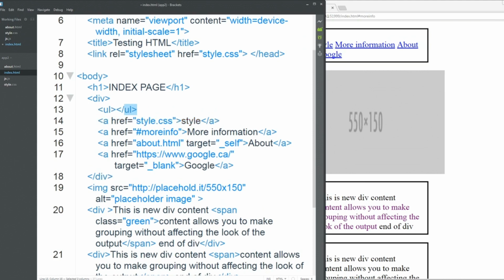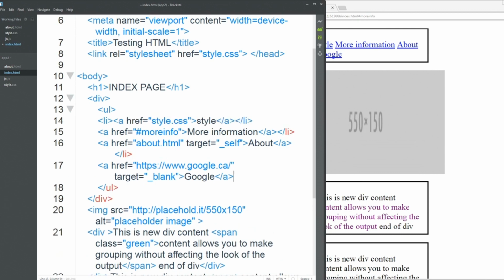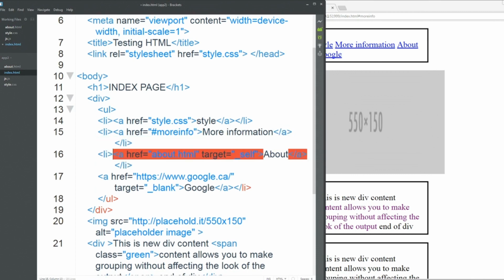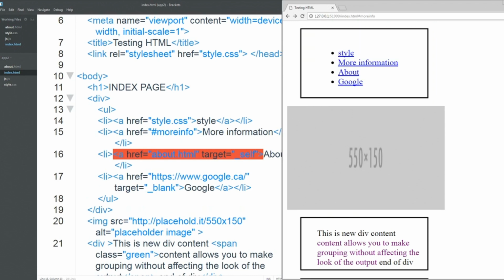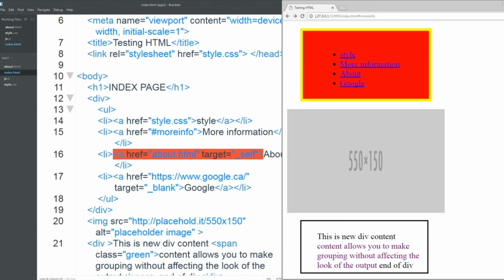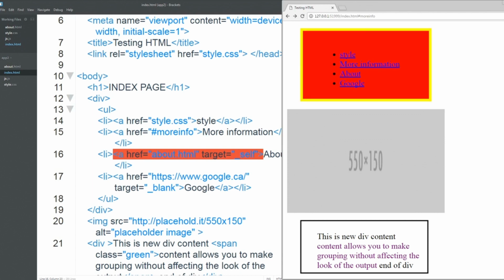So that's UL. And every one of these items within the unordered list, we can break them out and specify them as list items. So that's LI, and that breaks them up. And then we'll do the other two here, save that, go back out and refresh it, and we see that now that content gets presented in a nice orderly list, which is really good because now the users